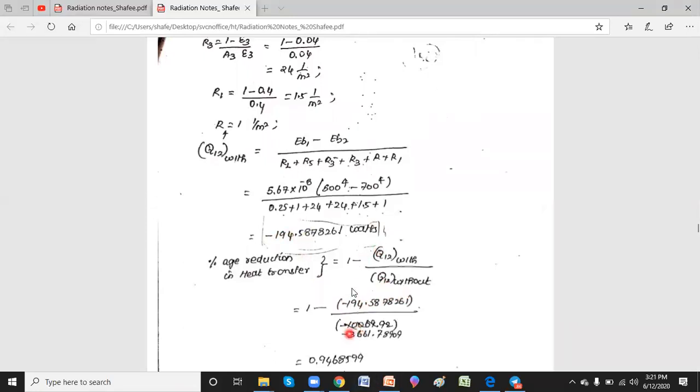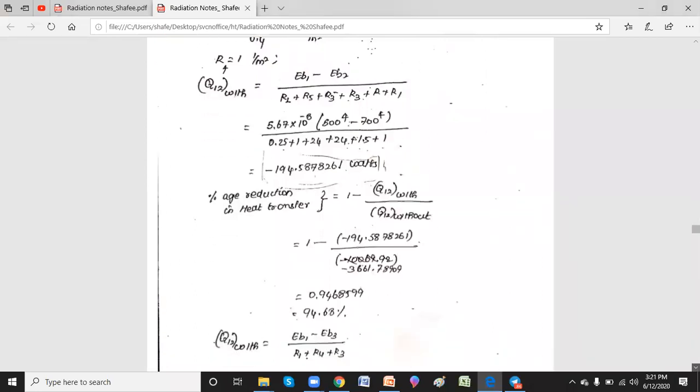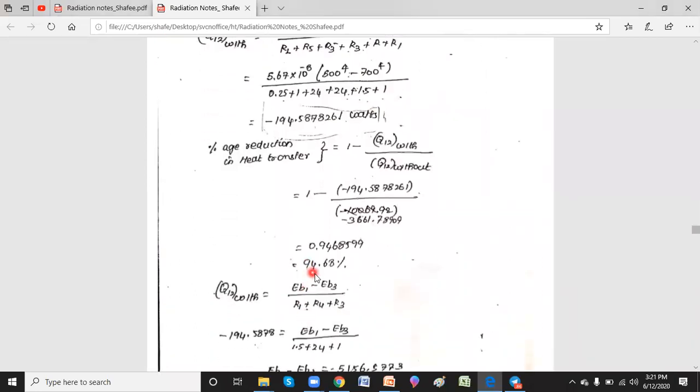Minus doesn't matter, it will be cancelled. Now without the shield you have around 3661 watts. So just keep this, and the value you see is around 94.68 percent. So just by keeping a single shield, you get a reduction in heat transfer from 1 to 2. It's almost a 94.7 percent reduction in the heat transfer,